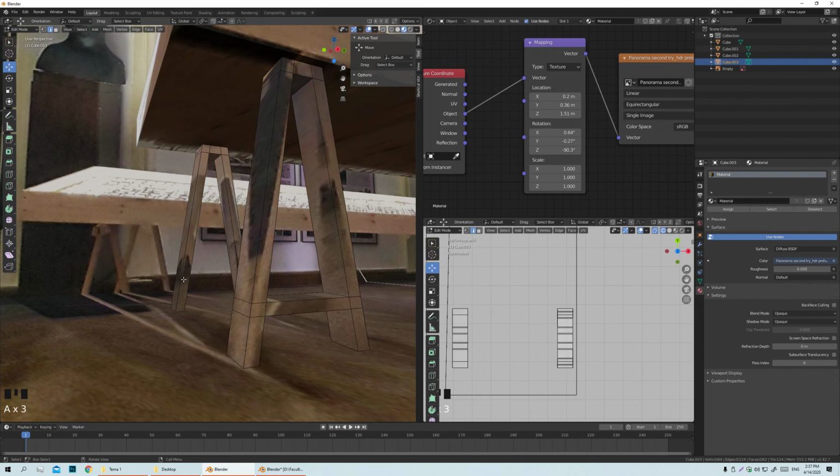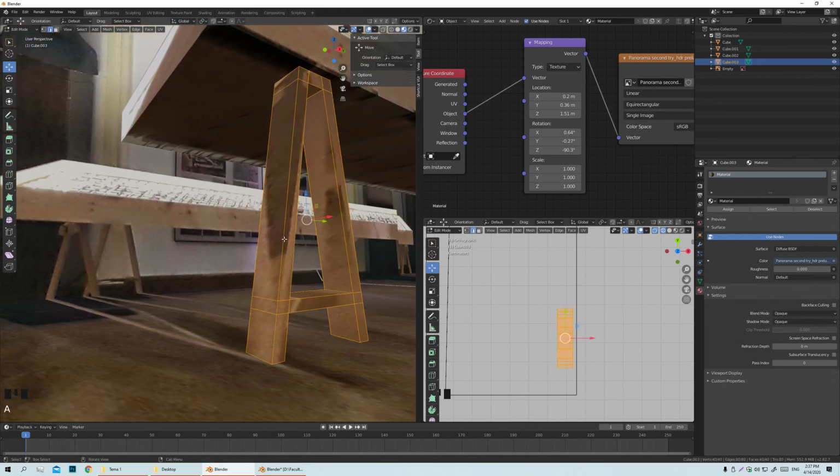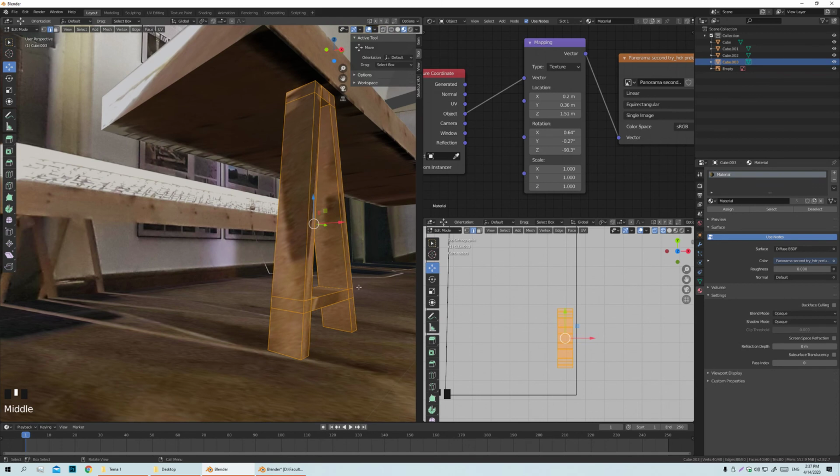Okay, now select, press L with your mouse over this object, delete vertices, and select this one, and Shift D,